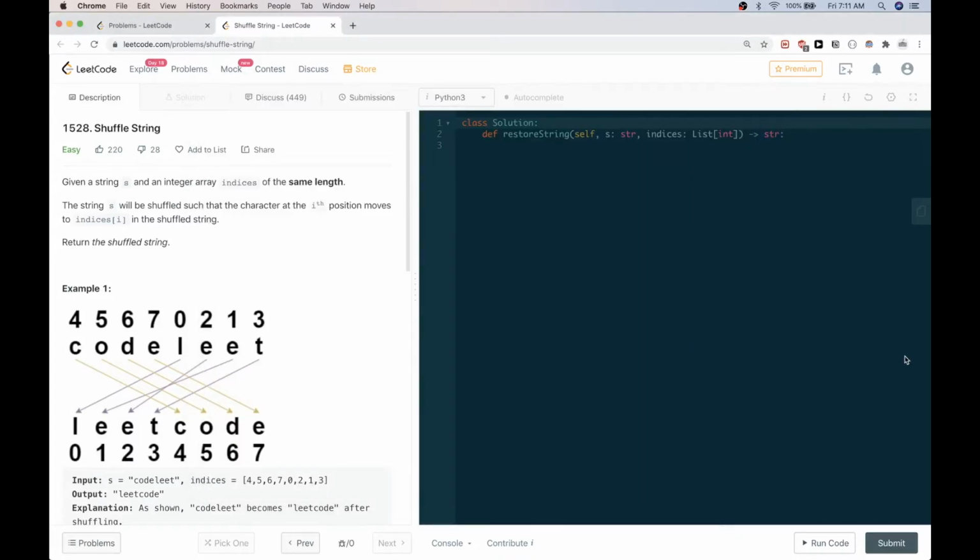Hello, so today we are going to solve this problem called shuffle string. The problem says: given a string s and an integer array indices of the same length, the string s will be shuffled such that the character at the ith position moves to indices[i] in the shuffled string. So we have a string s and an array of indices as input,